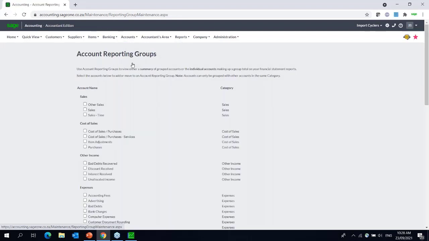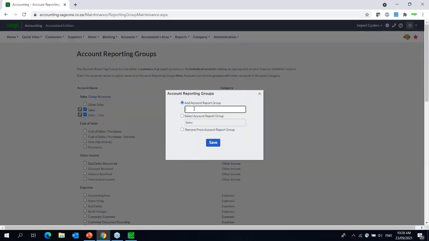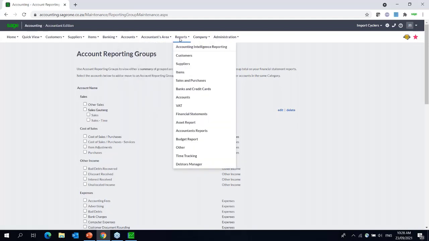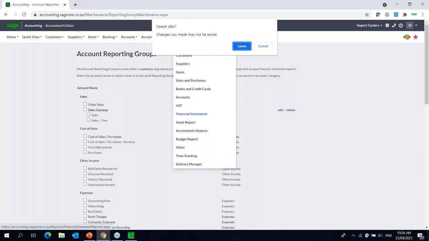So in Sage Business Cloud Accounting, it's just called reporting groups. And basically what you'll do here is you will select what you need to. You will click on the pin and you will give it a name. So for example, Sales Gauteng. And what this will do is this is now my main account. These are my sub accounts. So that's what I've basically done. So you'll set up your accounts as per normal, but then you'll need to set up your reporting groups. And when you set up your reporting groups, if we look at our,